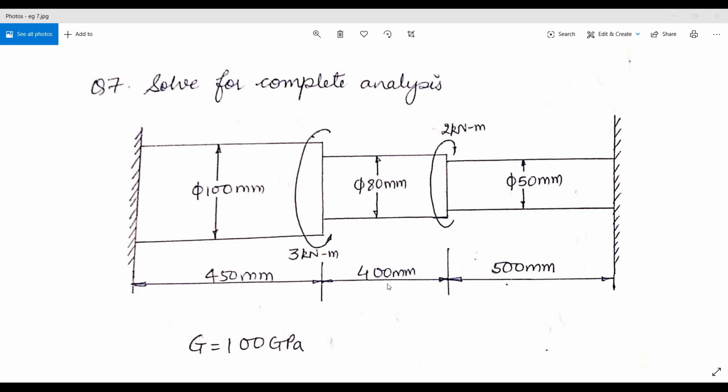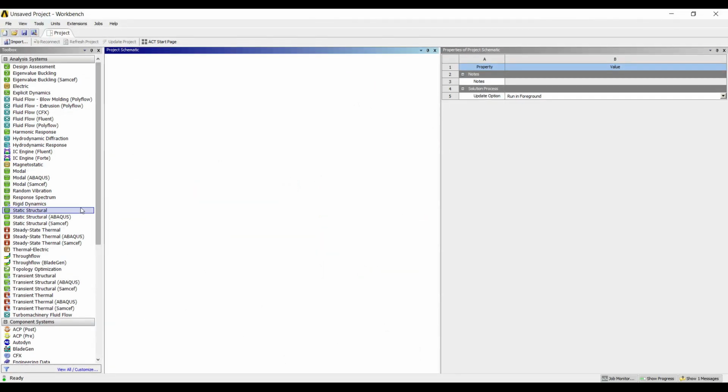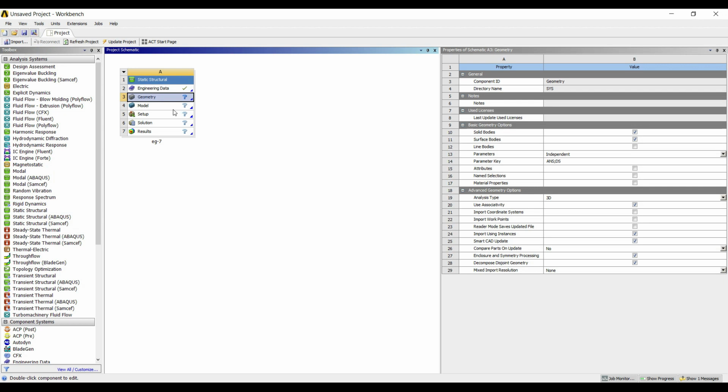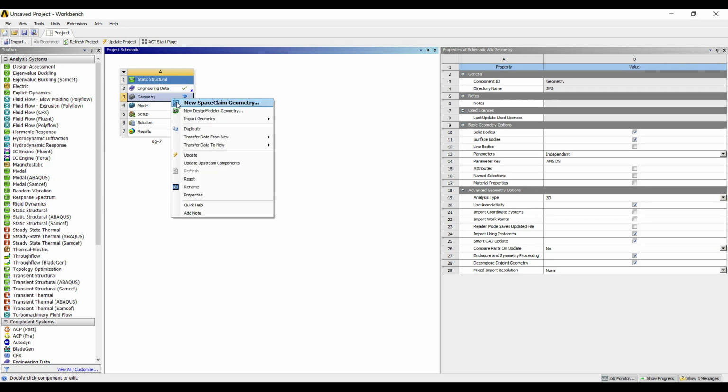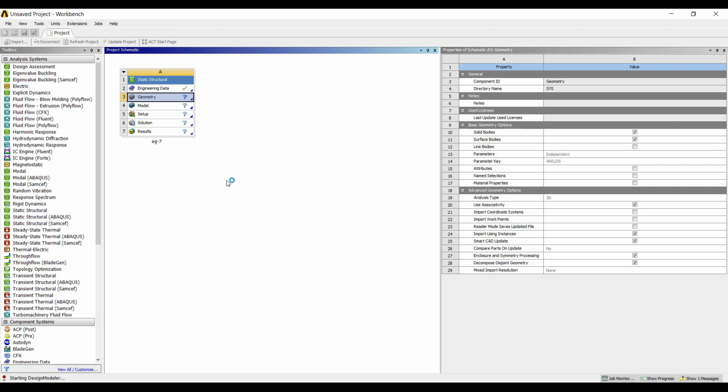So let's start solving. I'll go to static structural. I label it as example 7. Right click, new design modeler geometry.